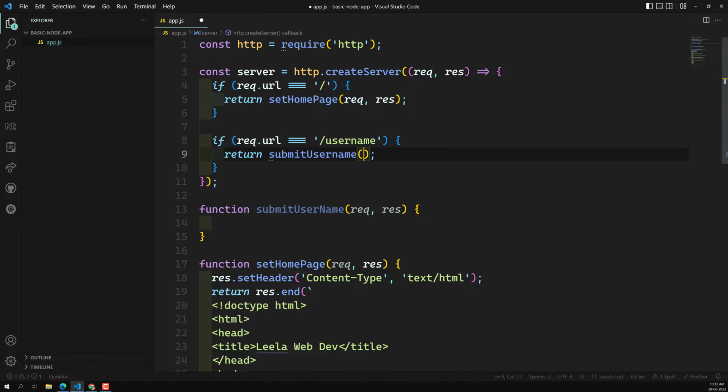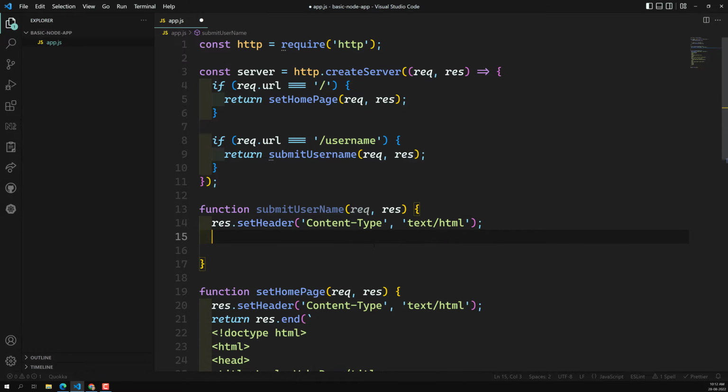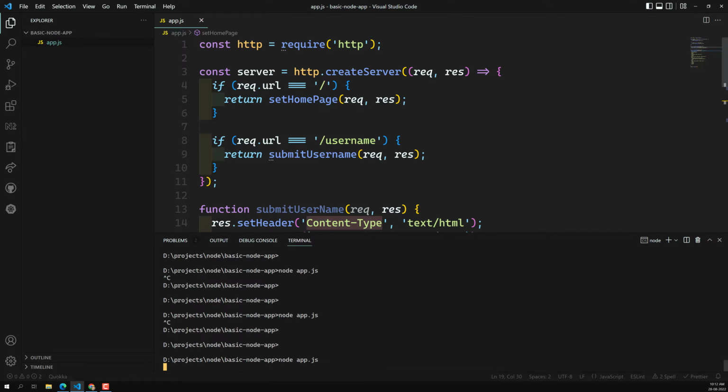And here also you can pass the same request and response. In this one, what I will try to do is the same thing. I will copy this set header, and here I can write return response.end, and in this one I will write something basic, a div, leelawebdev. We'll try to see whether it is moving here or not. And here, if I stop this one and try to run it,